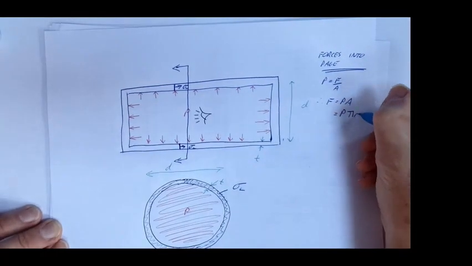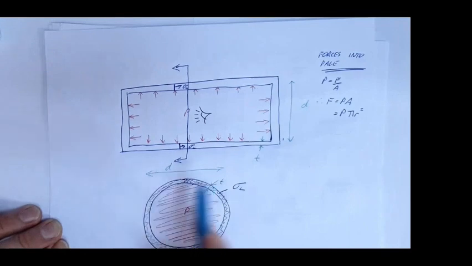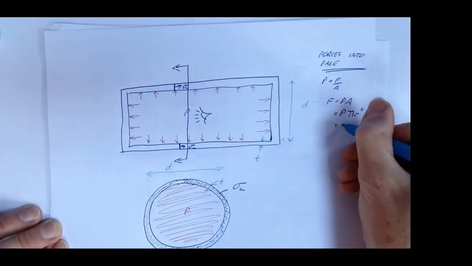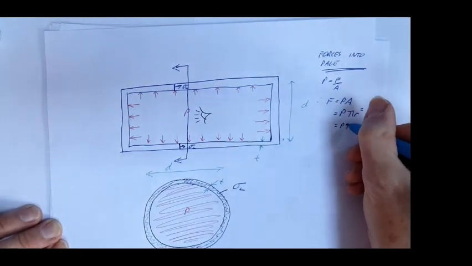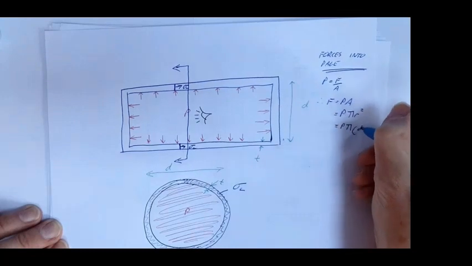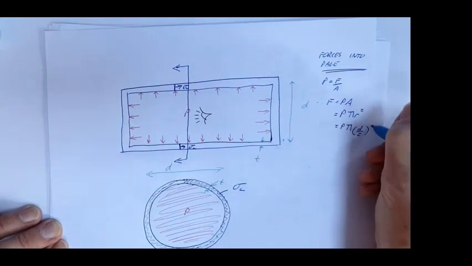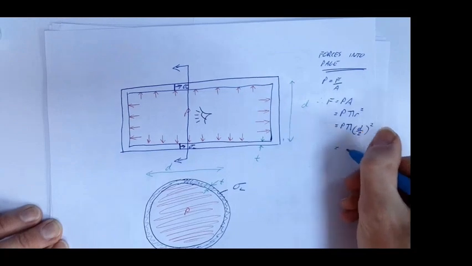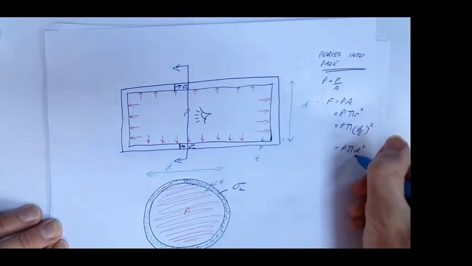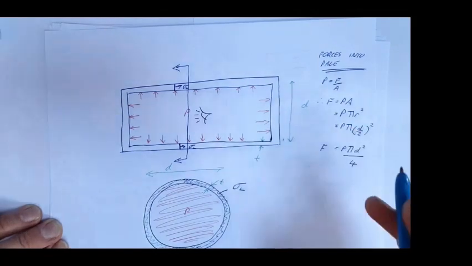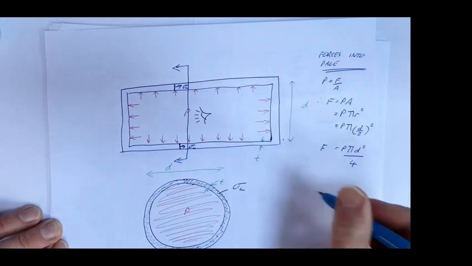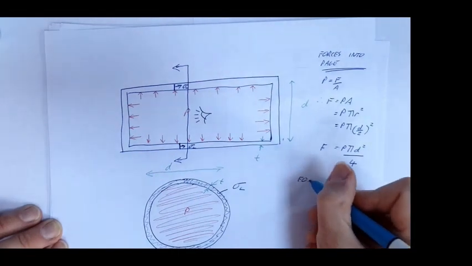Pi r squared, or in terms of my diameter, it's going to be P times by pi d over 2 squared, which is equal to P pi d squared over 4. So that's the forces into the page. Now the forces out of the page